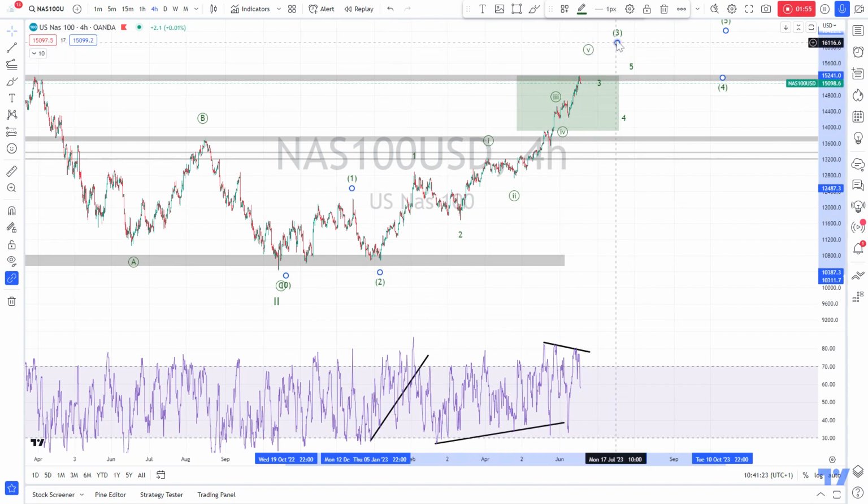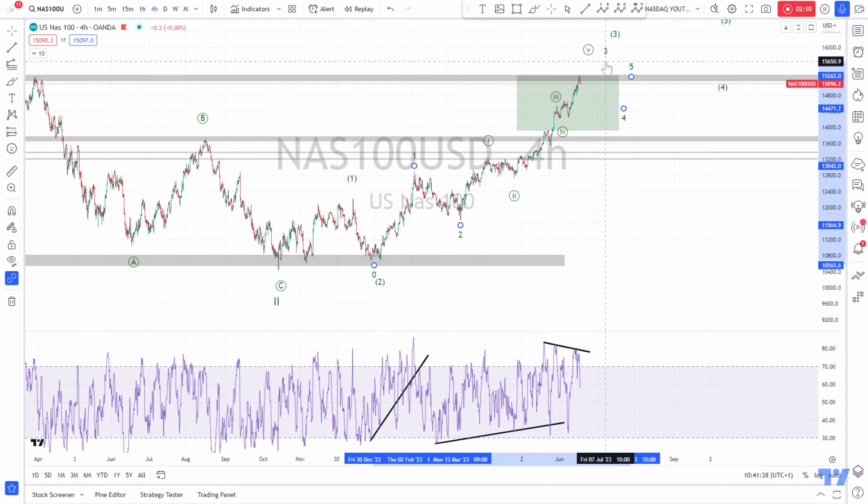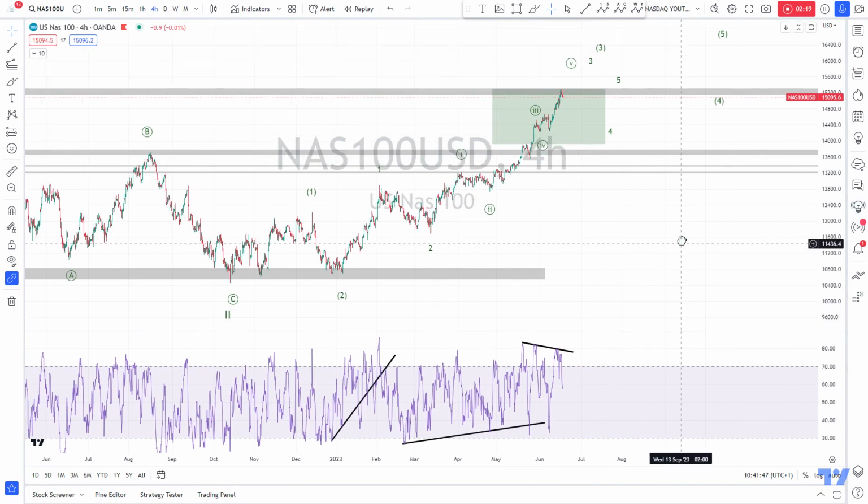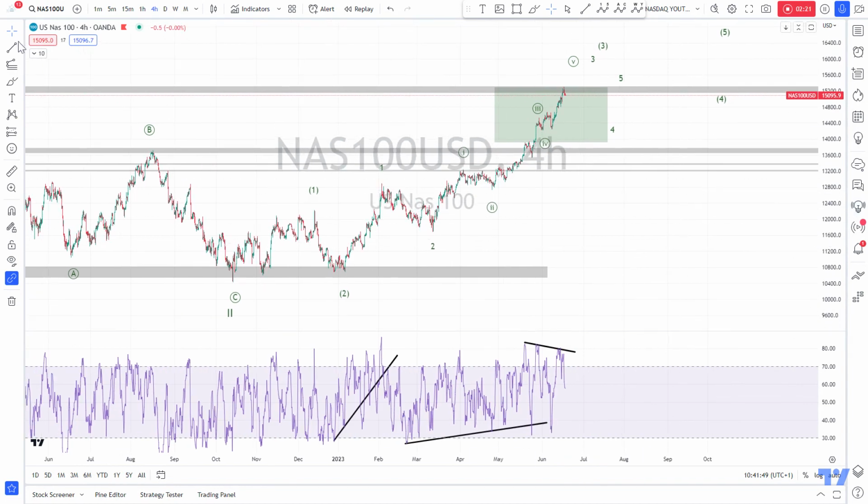Here the internal structure of this wave 3. So here we can already see a wave 1. This is our wave 2. And now we are doing a wave 3 within this higher degree wave 3. And this is actually important now because this wave 3 normally